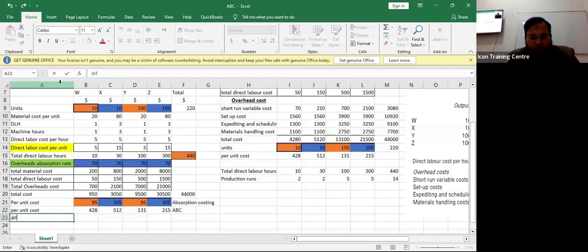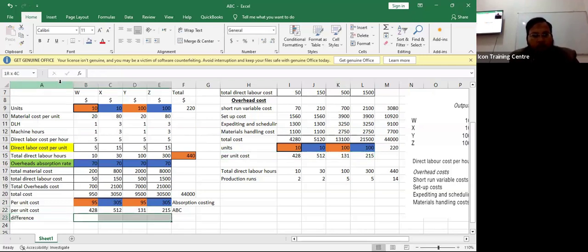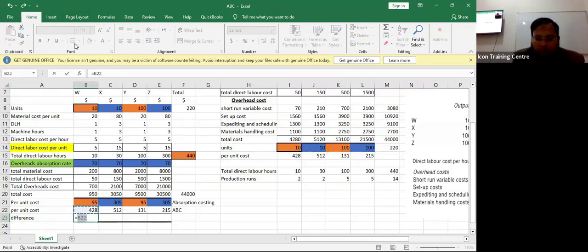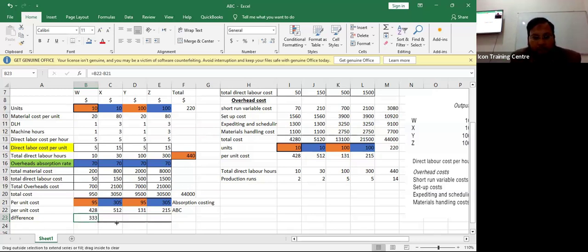Difference. For product X, it is charging more, right? 333 more as compared to absorption. When we did it with ABC costing, it is costing 333 per unit more as compared to absorption costing. X, it is also costing two